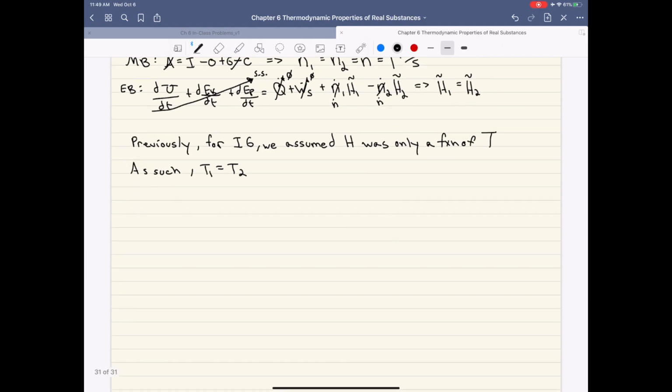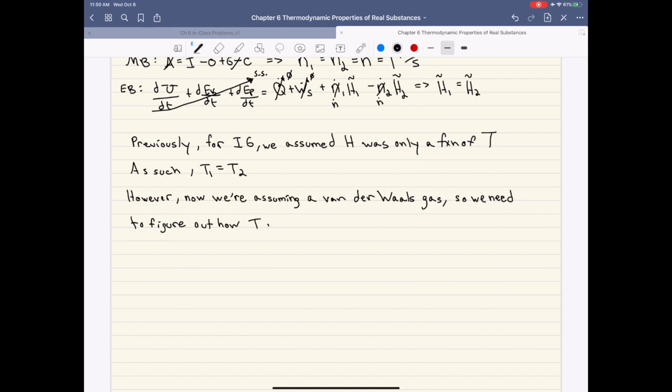Okay? And so what we're going to focus on in this problem is to demonstrate how, if we're dealing with actual real gases in which the molecules can interact with one another, we could show that the temperature is going to change even though the enthalpies are the same. Okay? So now we're dealing with a van der Waals gas. So we need to figure out how T changes. Okay. All right, so that's what really